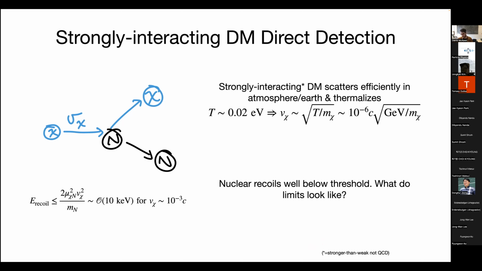And so this halo of dark matter that we're moving through, the dark matter that impinges on, say, the atmosphere or the Earth itself, scatters quite efficiently before it reaches these very sensitive detectors that are deep underground to avoid various backgrounds from cosmic rays. And if that's the case, then they scatter efficiently, and then they in general will thermalize with the normal matter